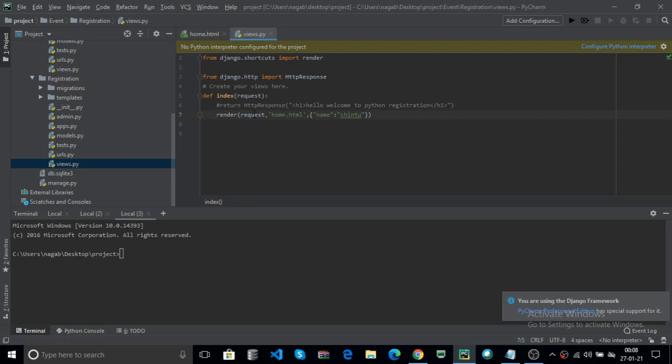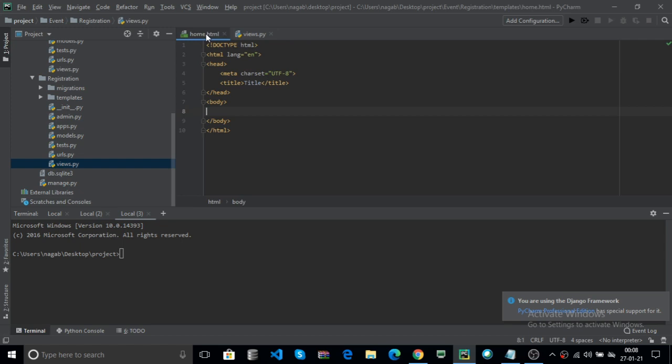Now all the web page format is the same, only your data is changed. Now return render. This returns the render with the HTML page. Now how to handle your name? Go to your HTML page. Here the key is name. Using that name, write hello someone.